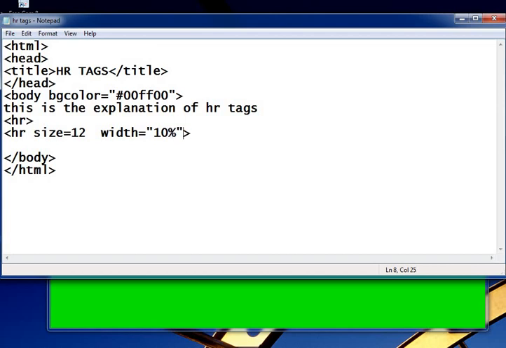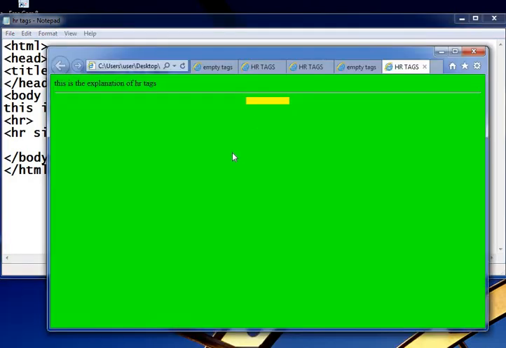Okay, and then we just type noshade. Just click the save button and we can see the output. This is in gray color. So these are the HR tag.